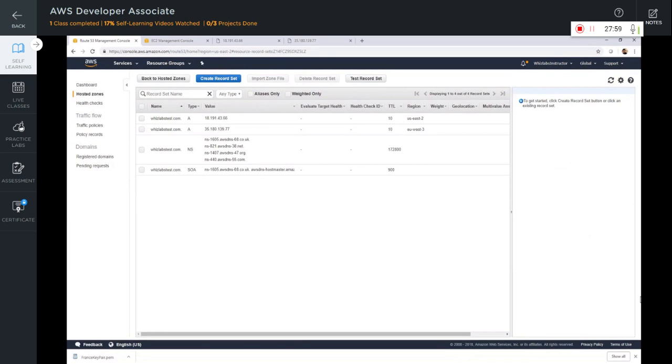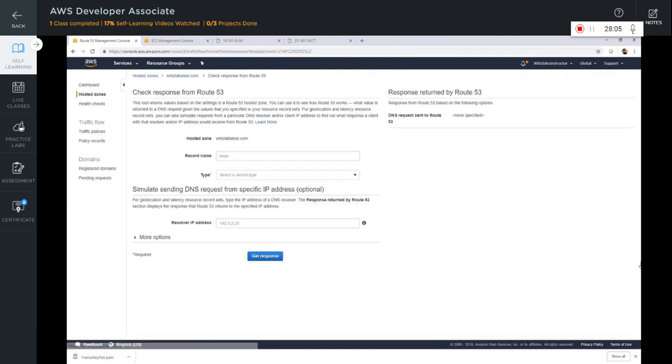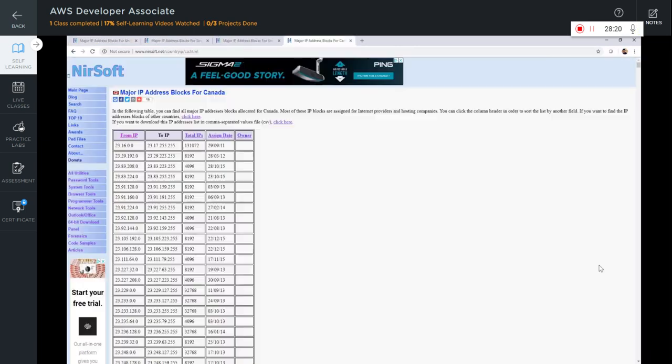Now let us go ahead and test this using the test record set feature of Route 53. Select the type as A record. Now here is what I'm going to do. I'm going to use an IP address that belongs to a region, let's say in Canada, and see where the request gets routed to. I'm going to use this website which gives me a few IP addresses that belong to Canada region. So just grab any IP address,